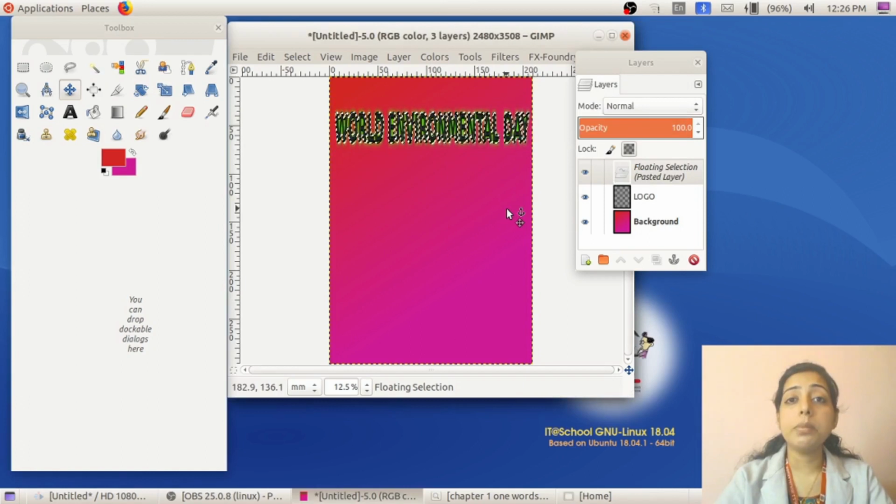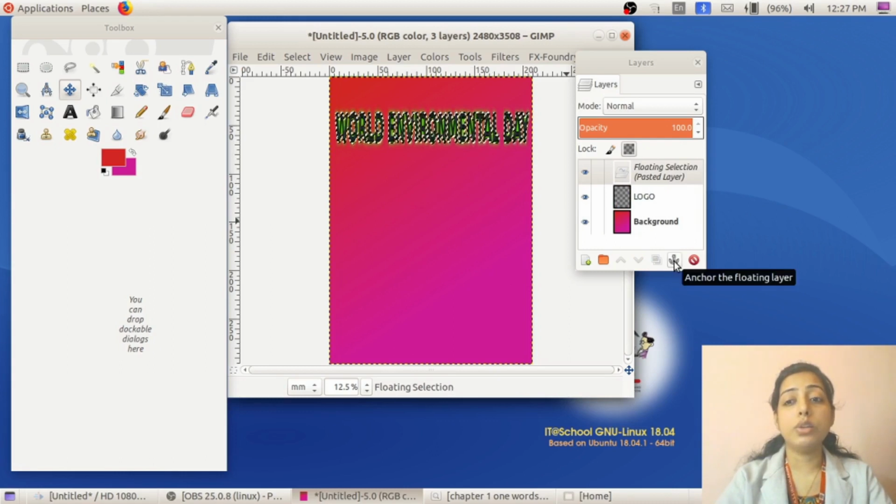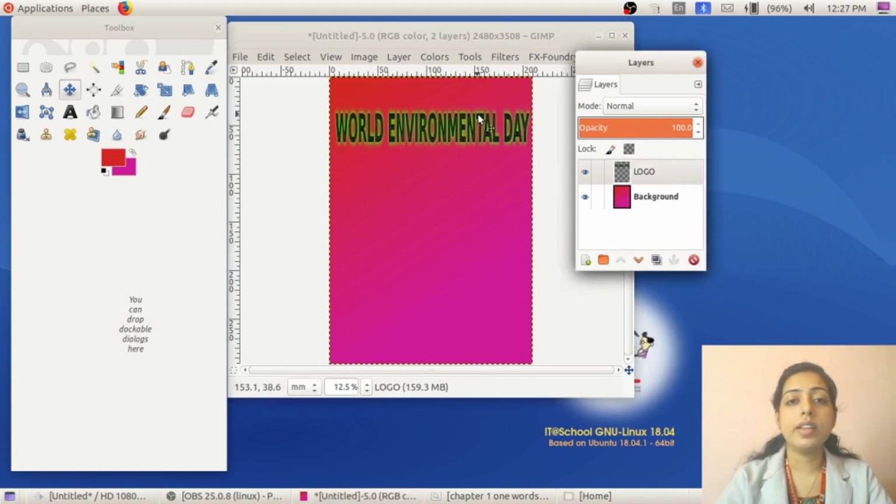And then how can we paste an image or fix an image? Either you can click over the background like this, or we can make use of the anchor tool. Here in the layer palette, we can see the anchor for the floating layer. Click on the anchor option. Then we can see the logo has been fixed on this canvas.